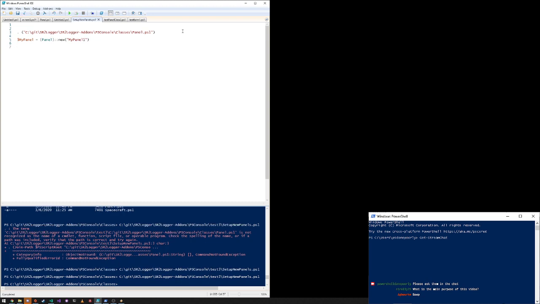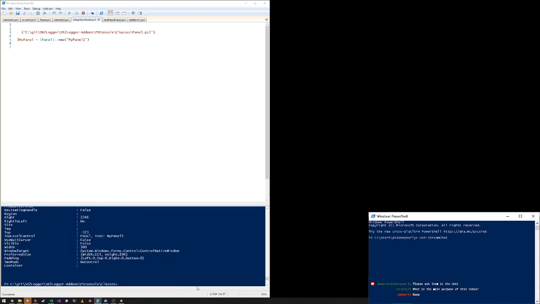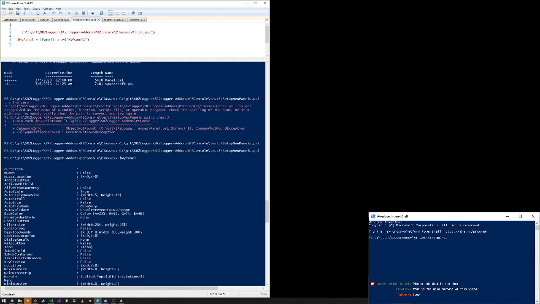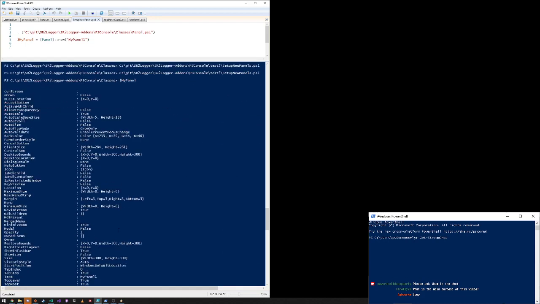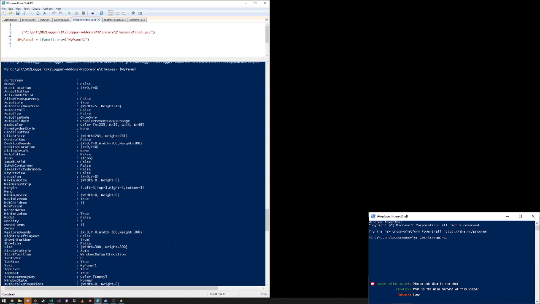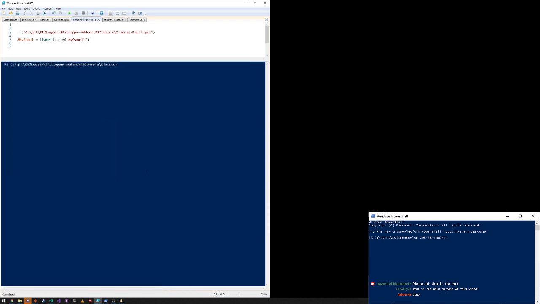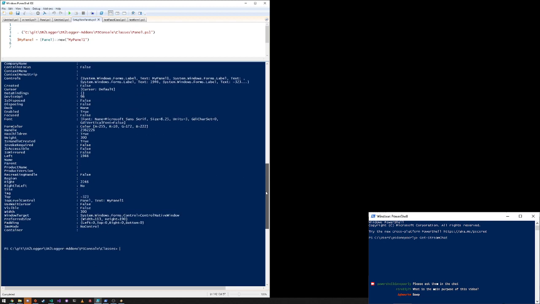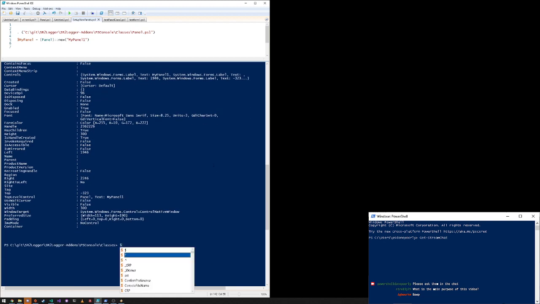And let's try. Okay. But that just creates the object. Let's see my panel. Oh yeah, there's the object. That's looking pretty good. So let's just clear. That does look good. Okay, so now if I do my panel dot show dialog,